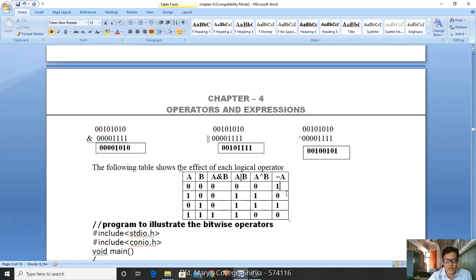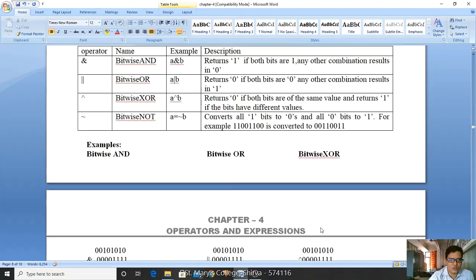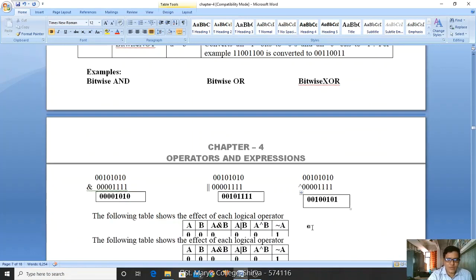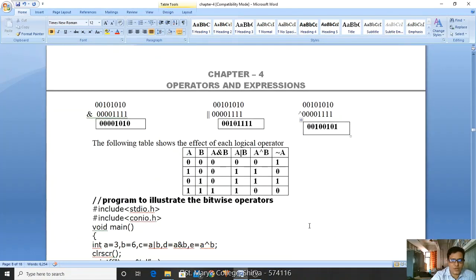Now the complement. Here the complement consists of one expression. If it is 0, NOT 0 means 1. If it is 1, NOT 1 means 0. Likewise it complements.